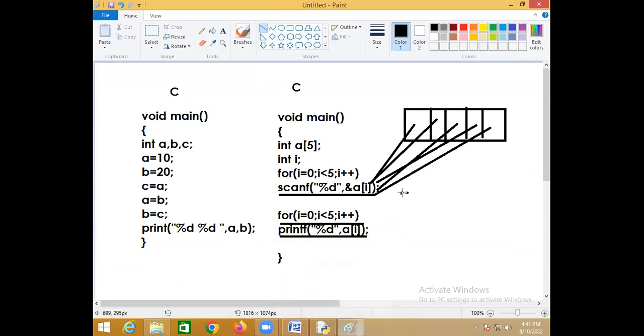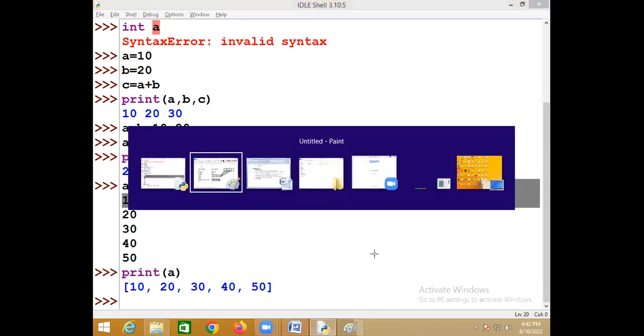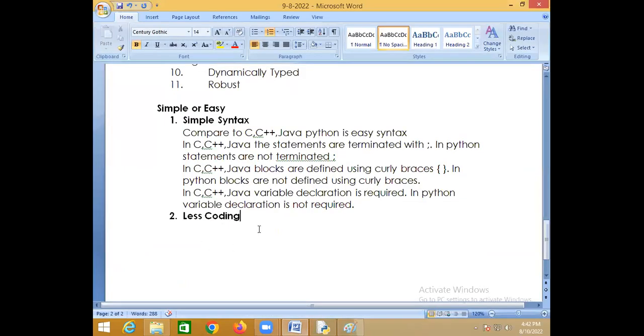Don't raise your hand. If there is anything, you put it in the short window, right? Here you have written everything inside one line only. You'll come across this. Don't worry. What are these square brackets? What is integer input? I'll explain everything in the class. But just try to understand how many lines of code you have written. Only one line of code here, but here more than one line. So less lines of code, easy to understand.